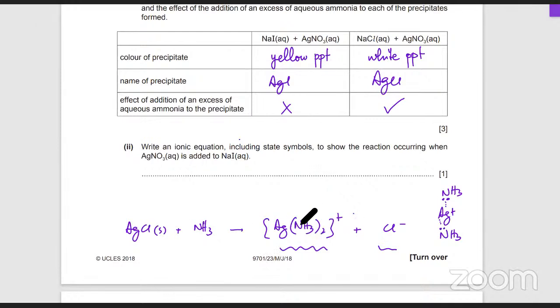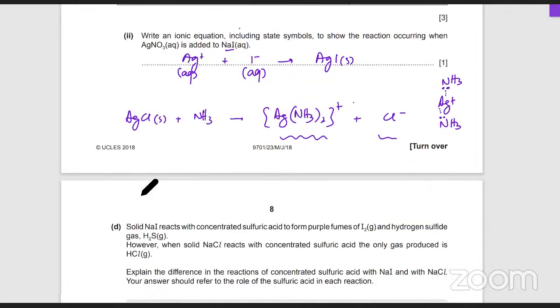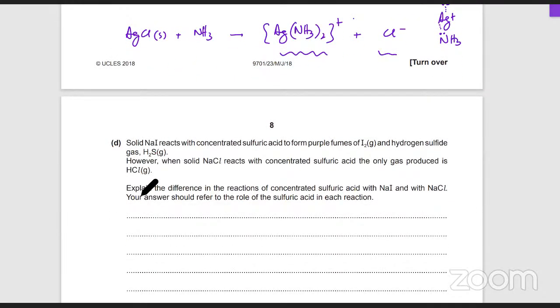Okay, what happens when the precipitate dissolves in ammonia? फिर write an ionic equation including state symbols to show the reaction. तो ionic equation क्या है? इसका जो silver ion है और इसका जो I-1 है, they basically combine and they form AgI, which is solid, and these two are aqueous. So that's your ionic equation, okay? As the next part. Now this part is कि